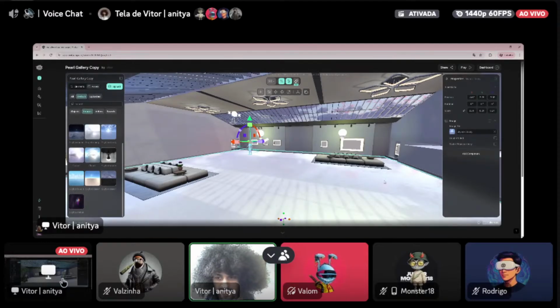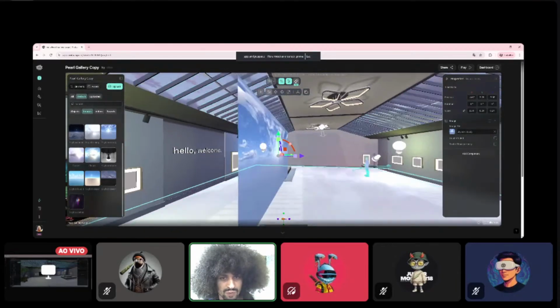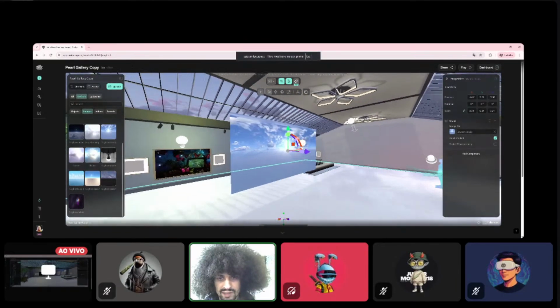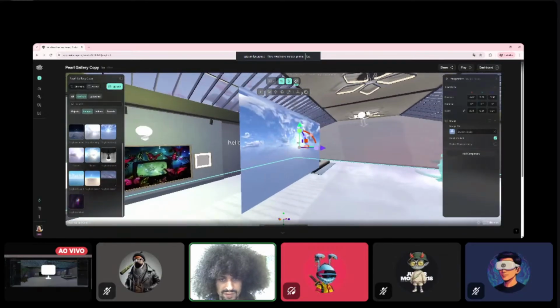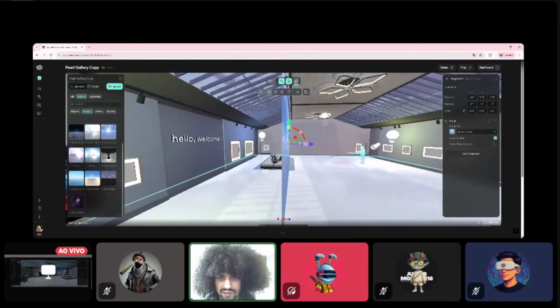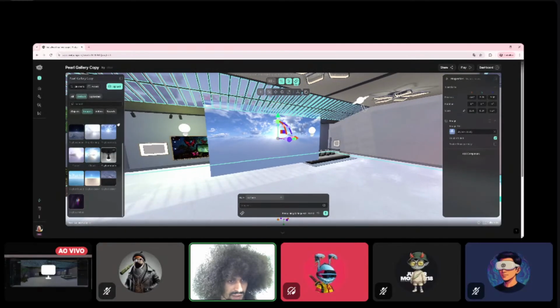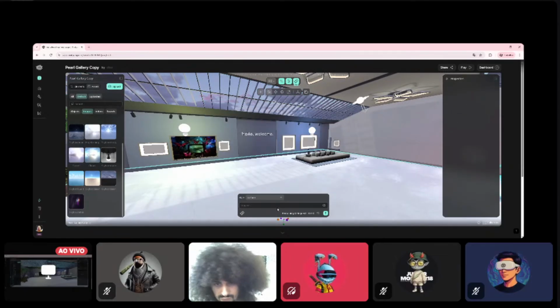So this can be very useful. But if you want to see both, you can select double-sided in here, and then you'll see both sides of the image.